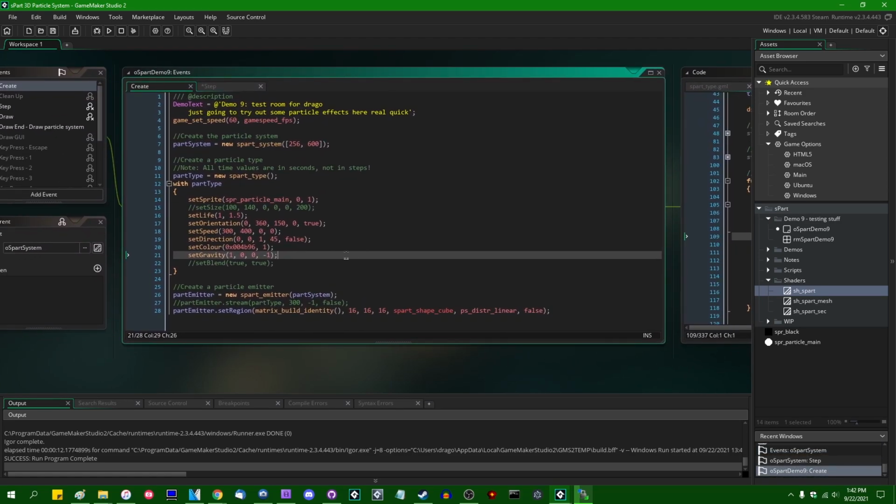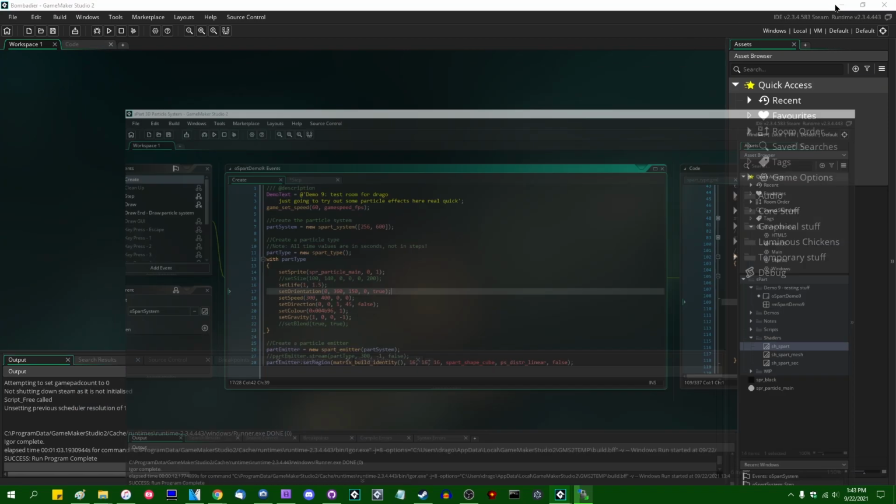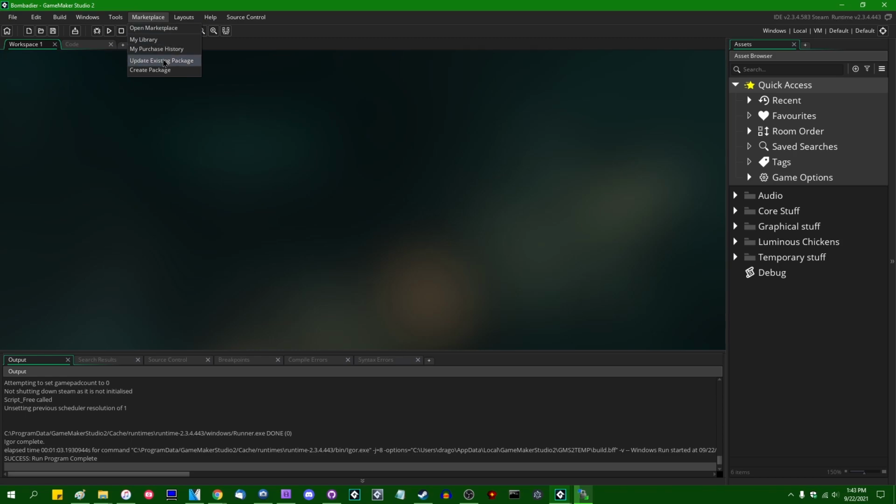Okay, I think that's all I want out of this demo program. Next, I'm going to go and actually import spart into Bombardier and commit that and just run it to make sure that the whole thing doesn't explode in my face. Anything else I want to mess with? Gravity, color, direction. Not super concerned with orientation, like I said, but setting the orientation is fine, honestly. I'm also going to need to actually add the octagon sprite to Bombardier. So let me go to